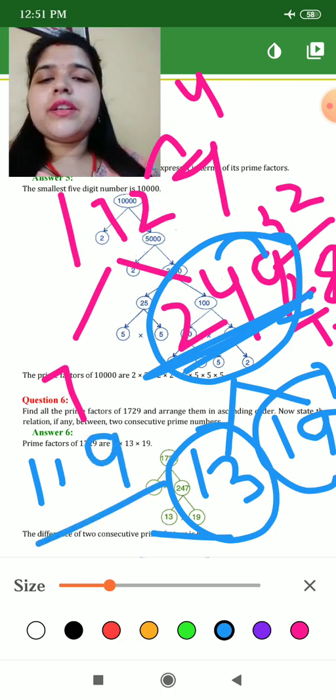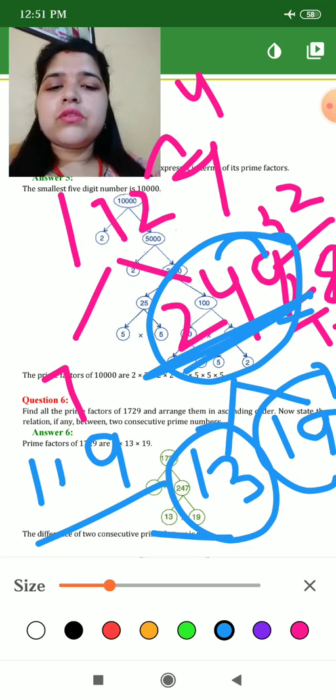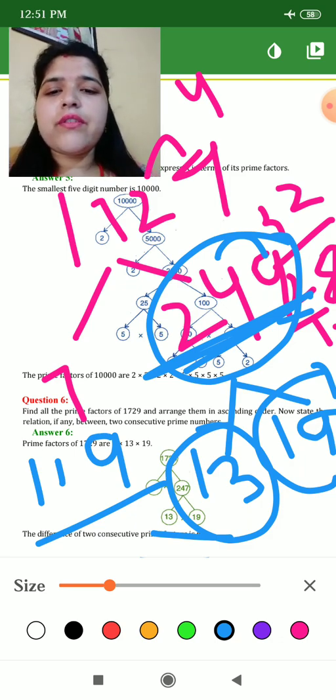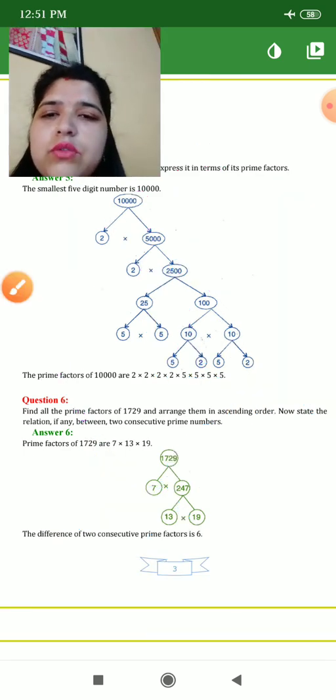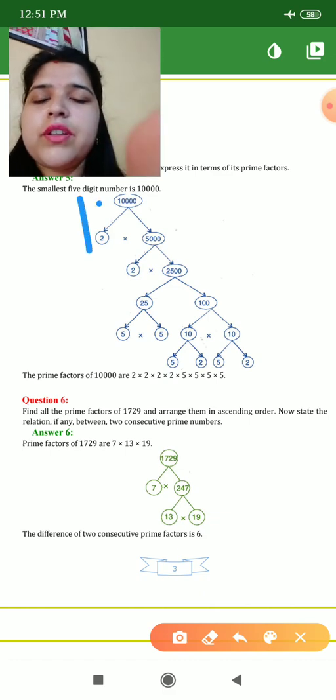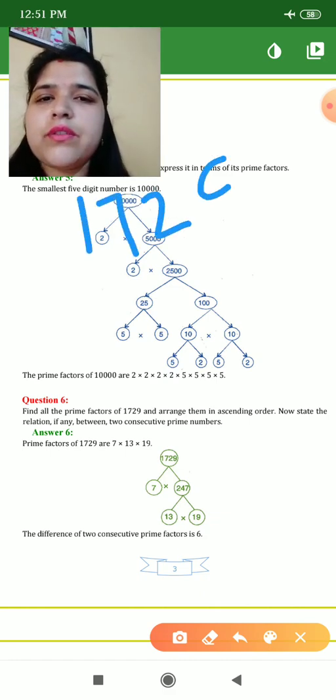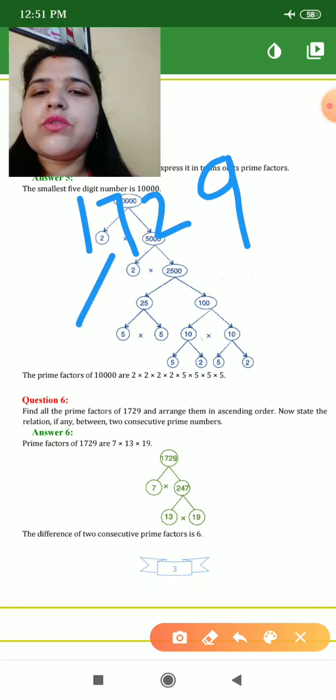So does 119 come in the table of 3 or not? See, now it is 7. Yes, that is why I am telling you why it is getting wrong. Again I am telling you this question the same way. 1729. This is 9. Okay, so it is going in the table of 7.